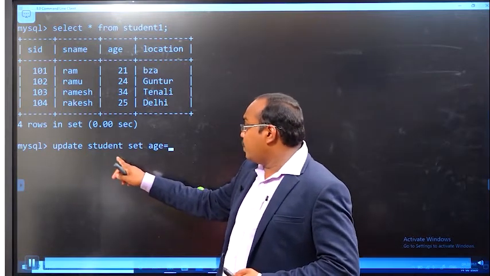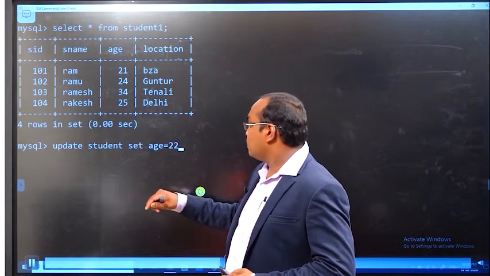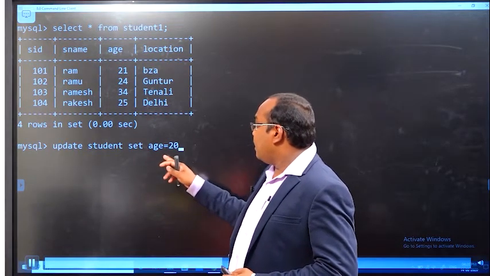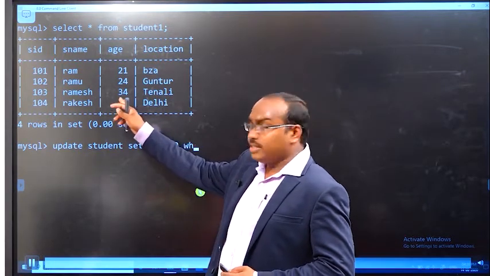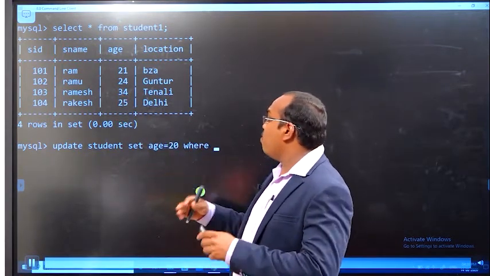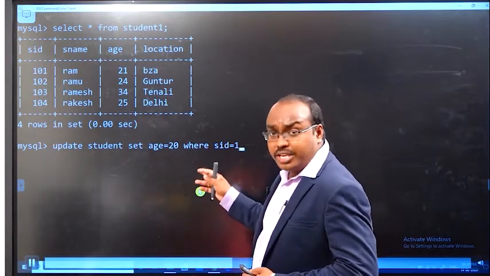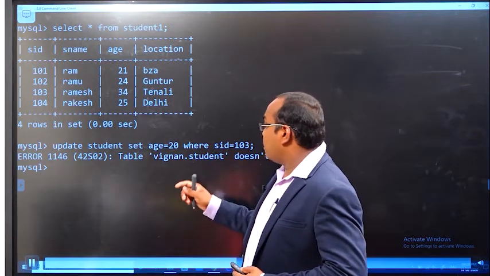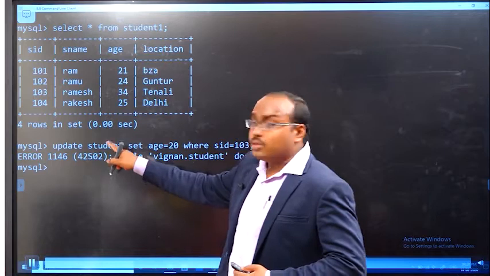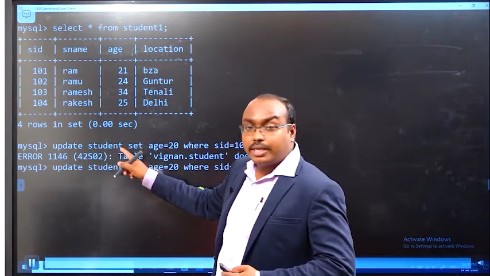Update student name and set age equal to 20. Before, the age is 34. Now I want to modify the age to 20. And I'm using the where clause. Here the table name is student1, but I was taking the student table.